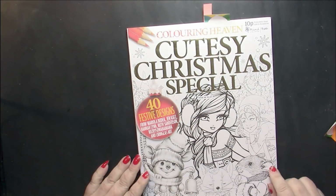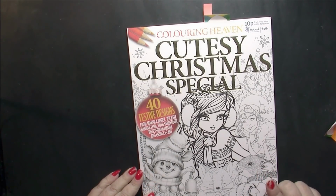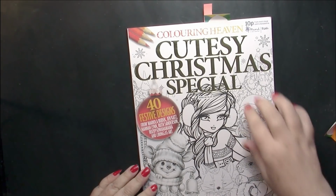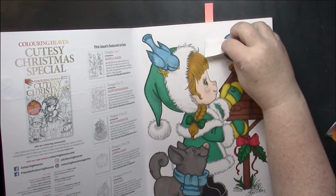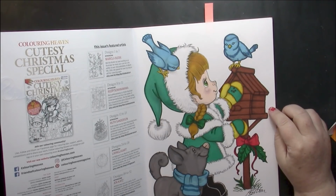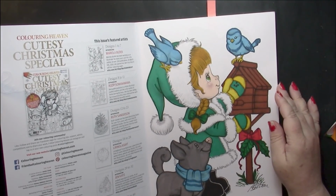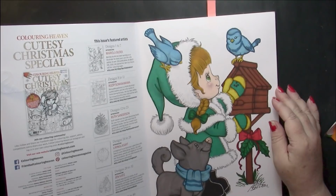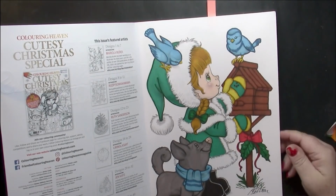Alright, then I worked in Coloring Heaven's Cutesy Christmas Special. It is not very often that I work in Coloring Heaven in the month that they came. So I did the first 2 Mariola Budek pictures. I had wanted to get some of her books, but I found out that she mostly does portraits, which I don't like. And that